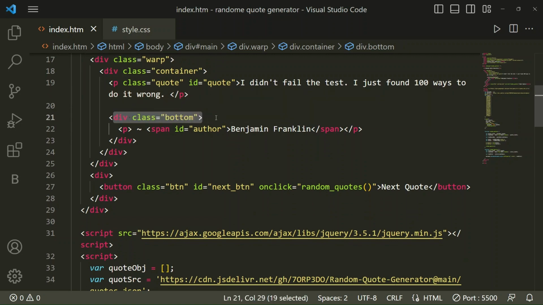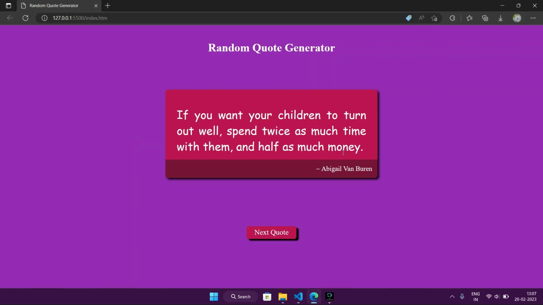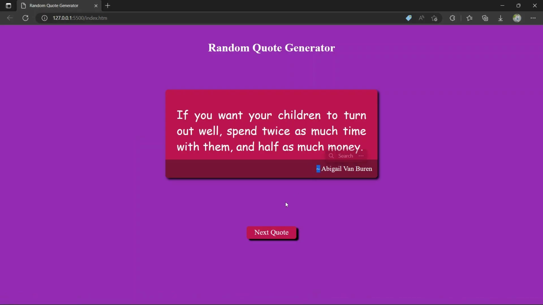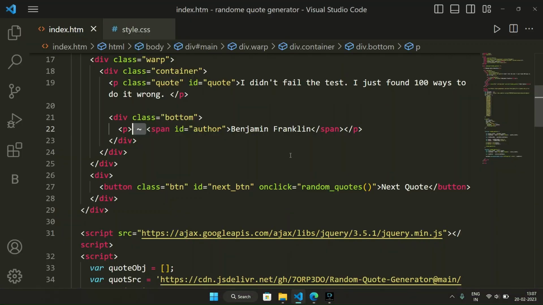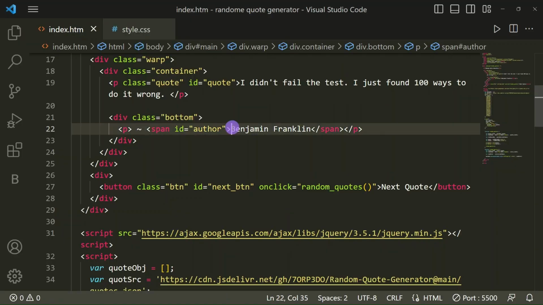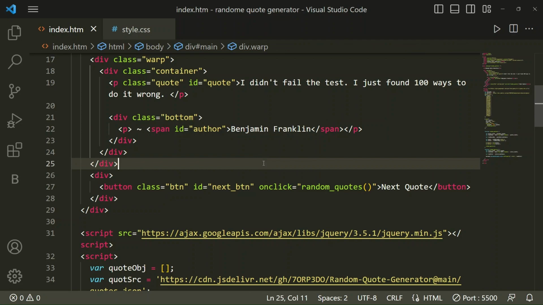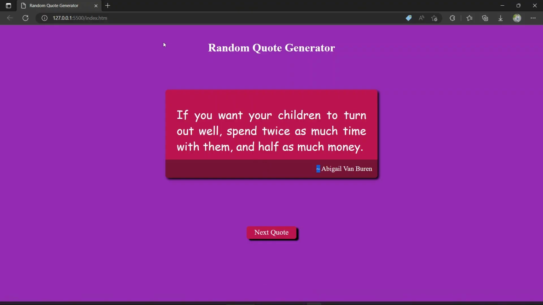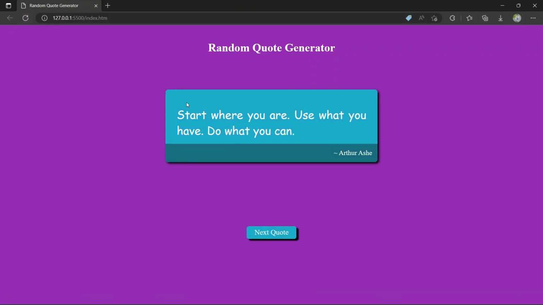Then at the bottom I've taken p and this symbol, which you can see there. Then a span with id author, Benjamin Franklin. Here is the author and here is the code.